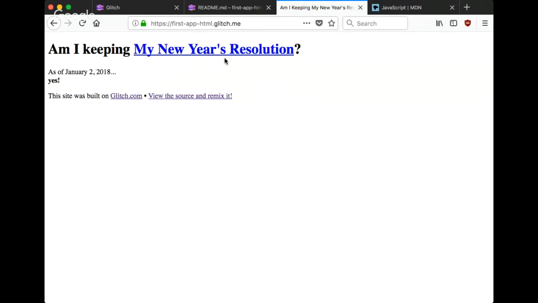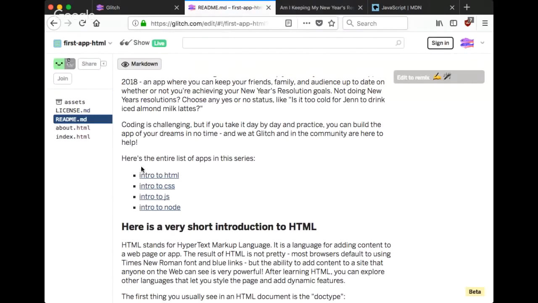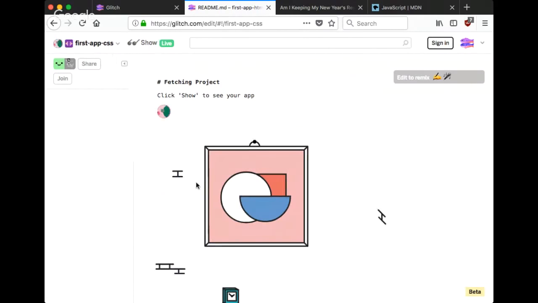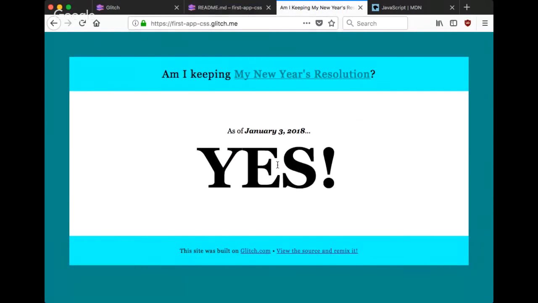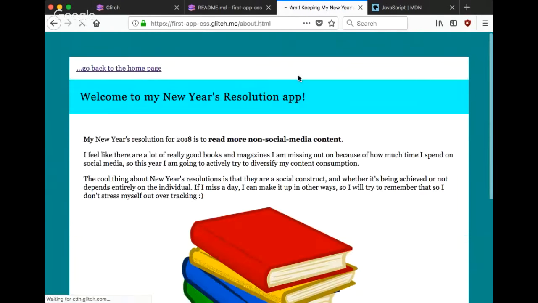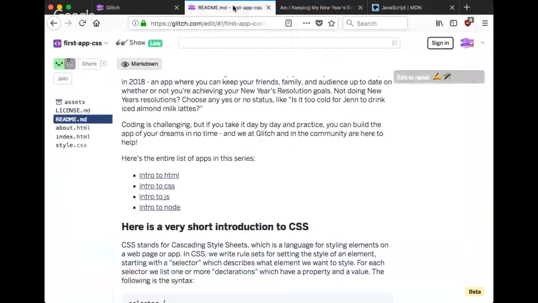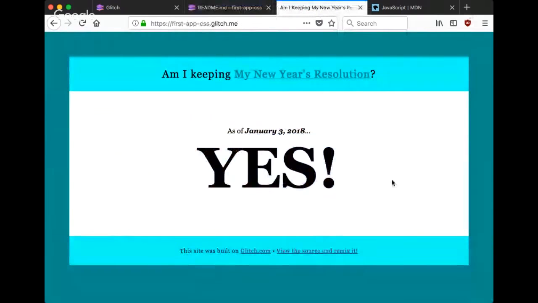And we just say, are we keeping our New Year's resolutions? I'm hard coding the date, and I haven't done it in a couple of days, so of course the date is wrong, but we're going to fix that with JavaScript. And then we did an intro to CSS where we ultimately made our app look a little bit nicer. We didn't update the HTML. We just added cascading style sheets to make it look a little bit nicer and make the answer more